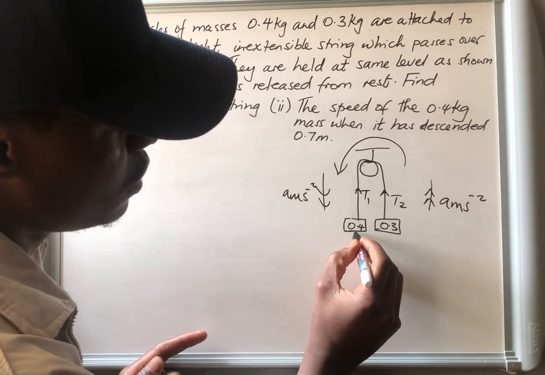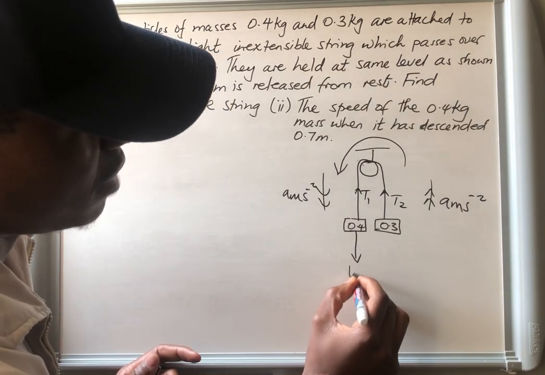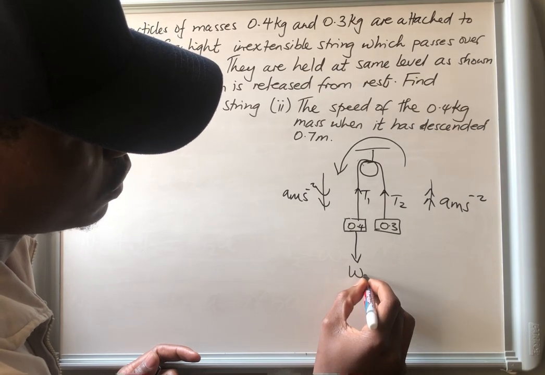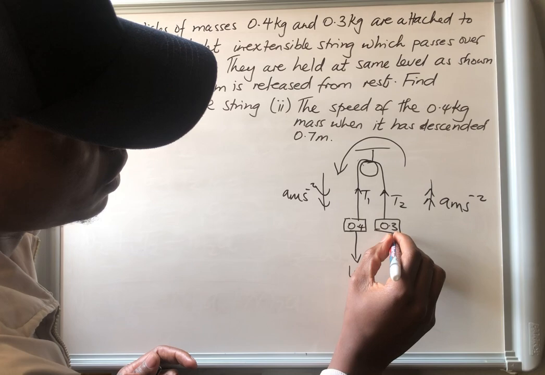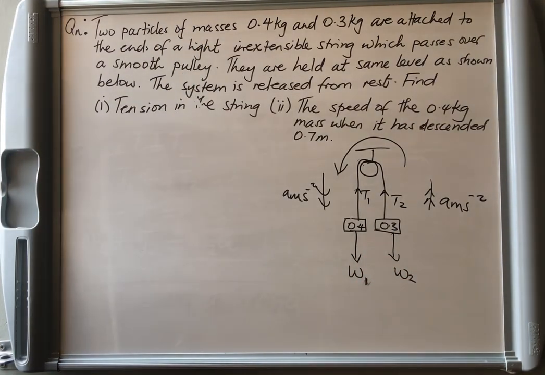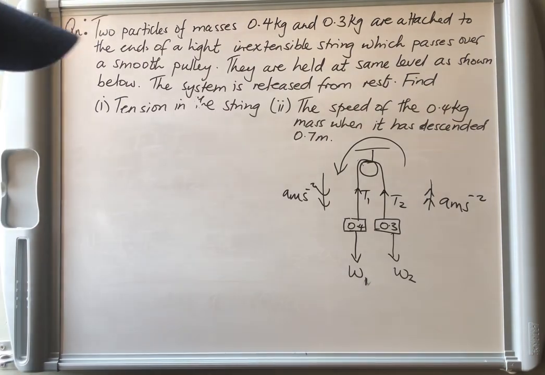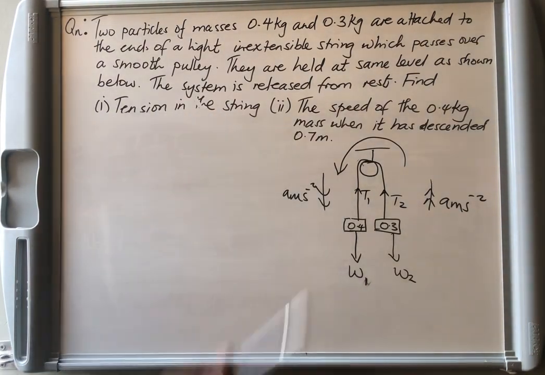Again, we know for a fact that since there is tension, there is bound to be weight going downwards. So this one is going to be weight number 1, and this one is going to be weight number 2, like this. Okay, right. So for you now to be able to calculate the tension in the string, you need to know